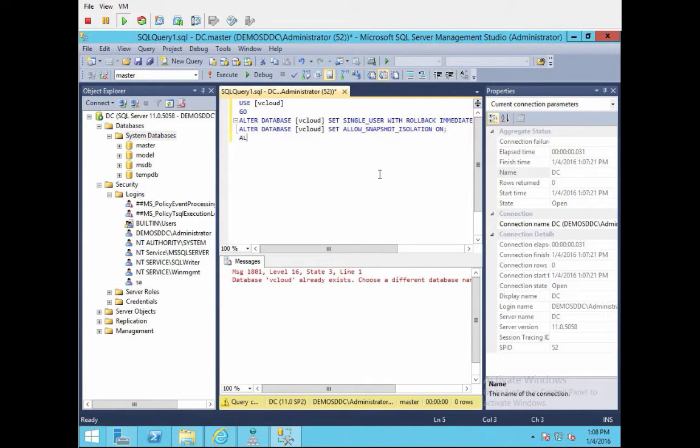So again, these are just some basic rule sets. I'm not going to go into them in too much detail individually. It just sets some basic rules. So it defines rollback instances, snapshot parameters, and just some very, very basic rule sets. Again, we are going to execute this one,